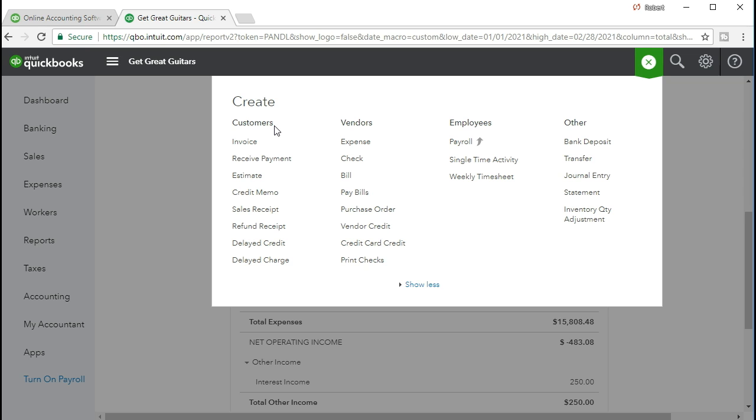And those include things like an invoice that's going to happen all the time. The receive payments is something that's going to happen all the time. The sales receipt is going to be happening a lot. And then we've got the expenses, the check, the bill, the pay bills, all things that are going to happen a lot. And then hopefully every night we have a deposit. Therefore, those things are going to have transactions that will be running all the time. Those are the things that QuickBooks is going to use forms for in order to generate the end product,